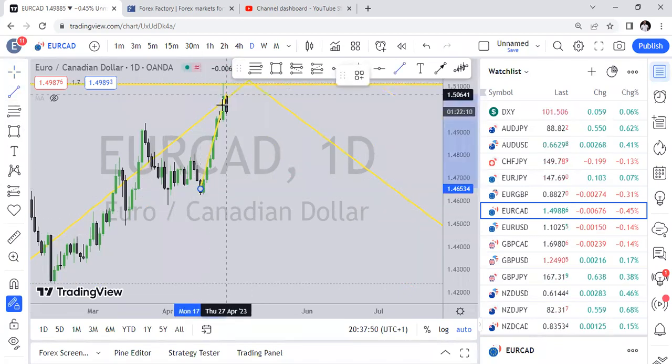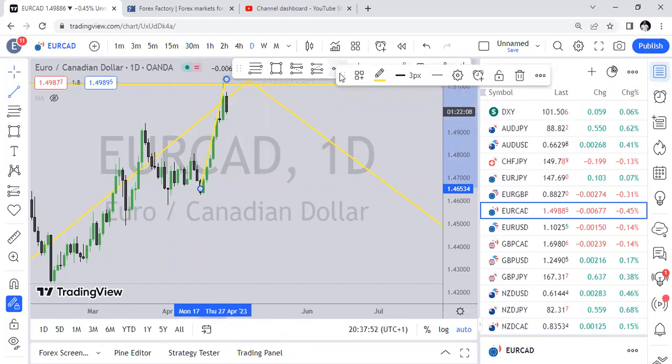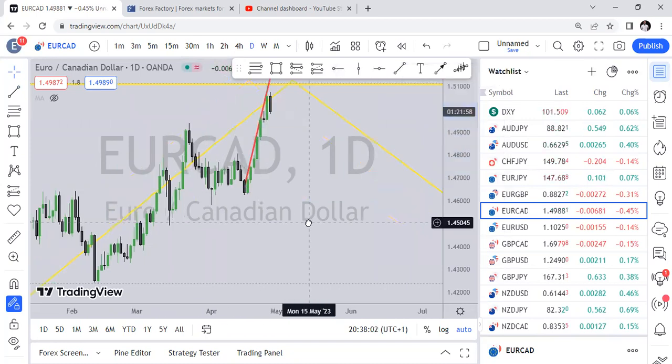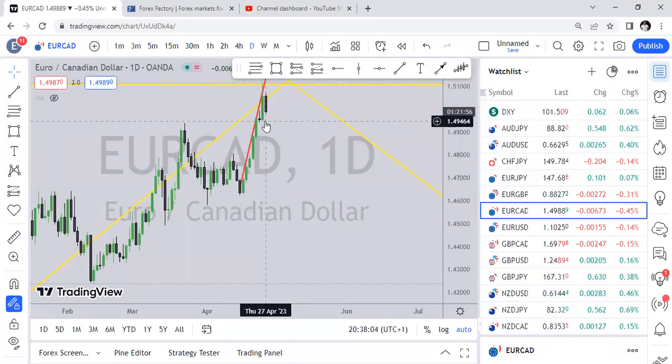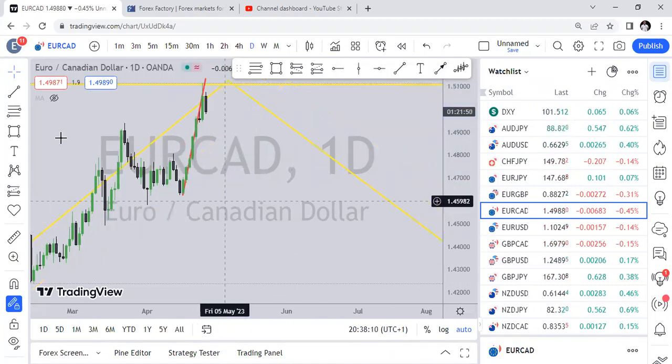Even if we're focusing on this alone in the daily, for 1, 2, 3, 4, 5, 6, 7, that's more than 1 week. The market has just been in one direction. So if we are focusing on this now, we can see that we still need a pullback,